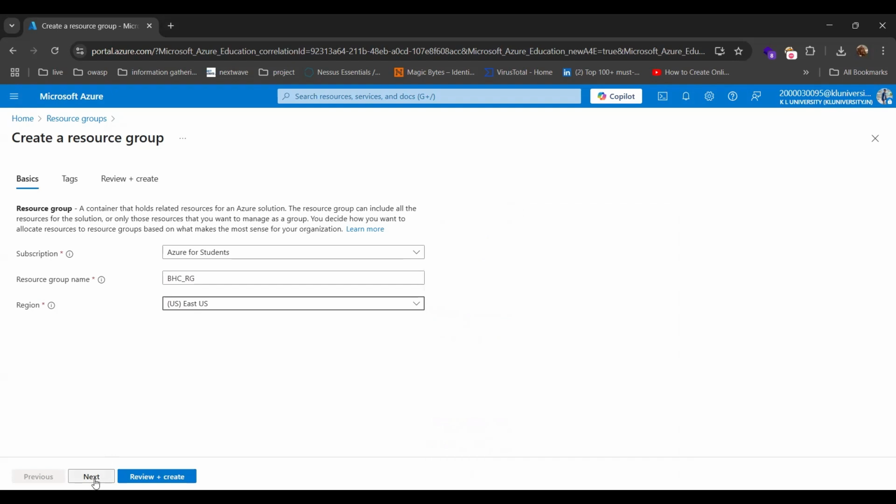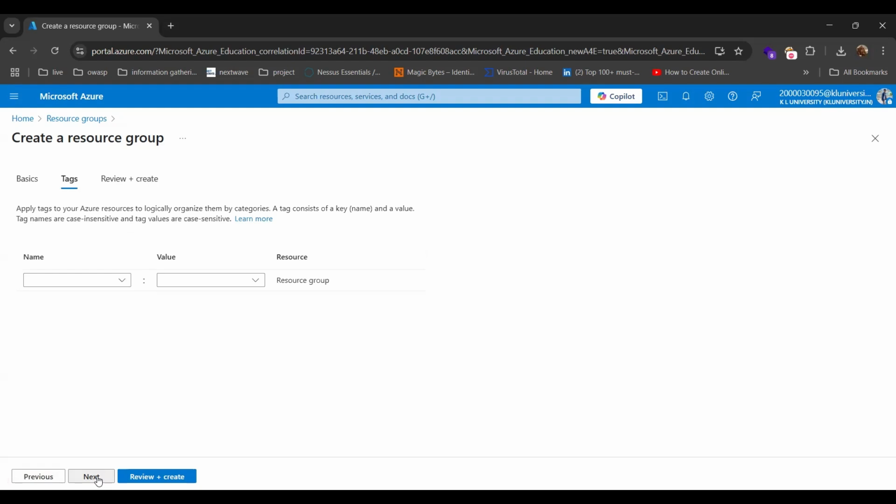You just need to leave it as it is, or you can select your favorite location and click on next here. And if you wanted to give any tag, you can. But as of now, if you are a beginner, you don't need any tags, because an Azure